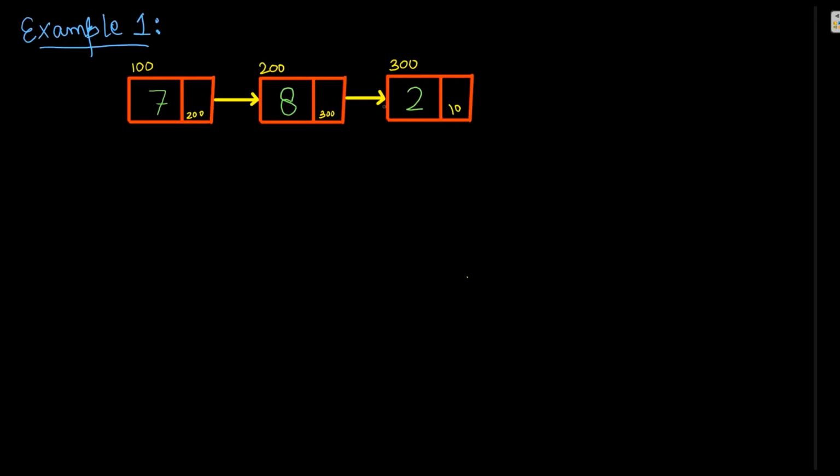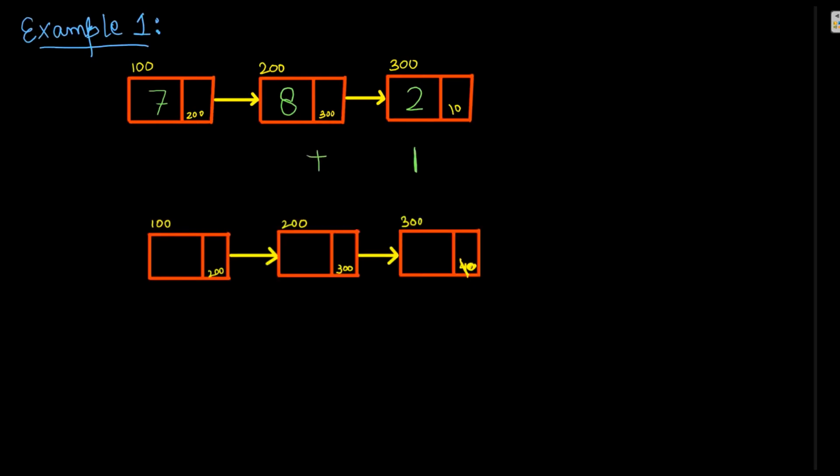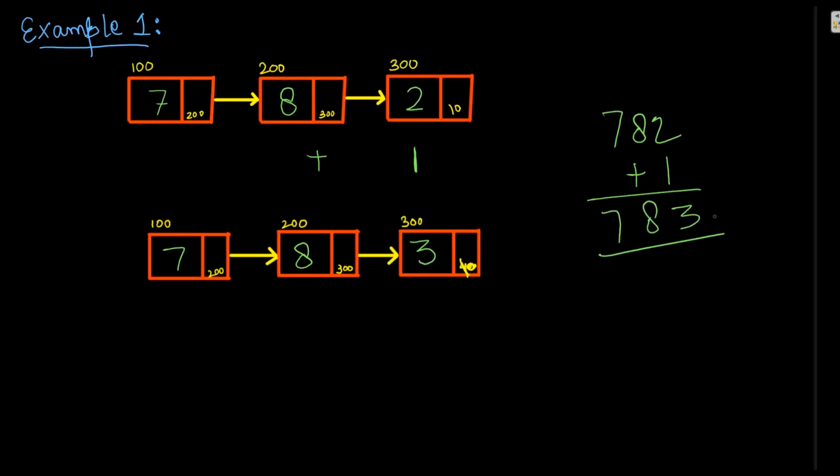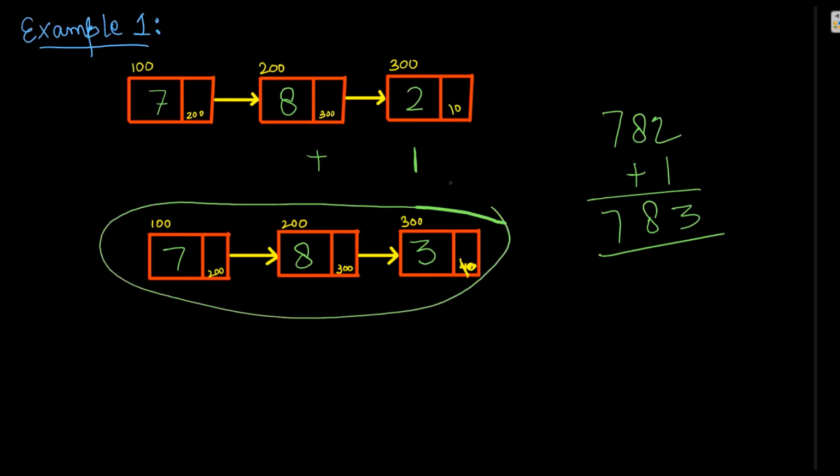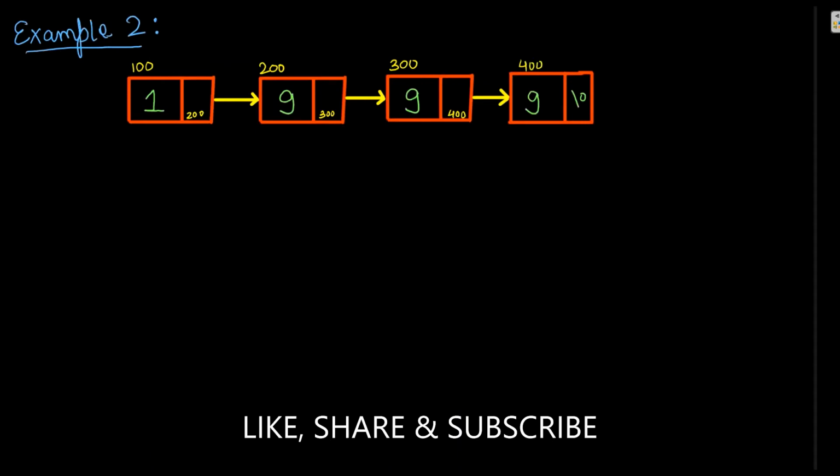So when I add 1 over here, 2 plus 1 is 3, 8 as it is, and 7 thereafter. So adding 1 to 782 will get 783. This is what we needed after adding 1. This number will be represented in the form of a linked list as we have a list of elements. No problem till here. But what if I have